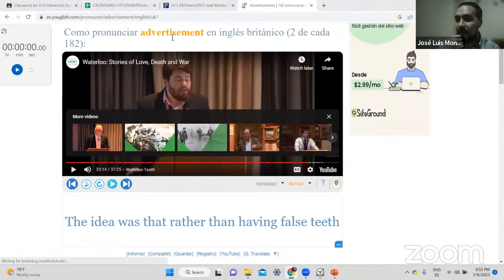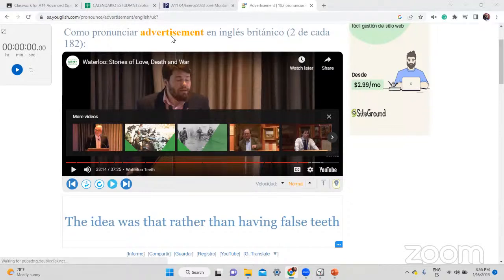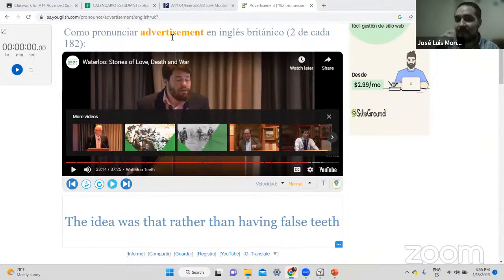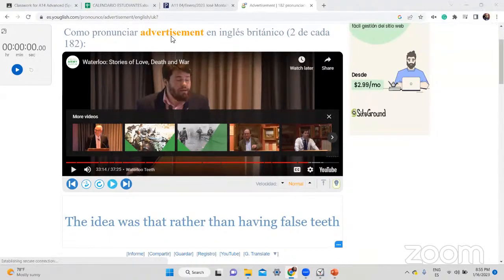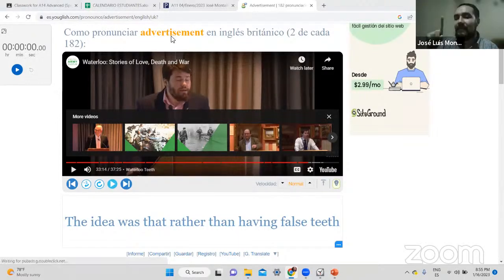Why? Because remember, American is, read it. How is it in American English? We'll read the word in American English. Advertisement. Now in British? Advertisement. Correct. So what is changing? The I, right? The I is changing this word. So in American English is advertisement. And actually the stress is going to be here, right? Advertisement, advertisement. And this is I, right? I. But in British English, this is